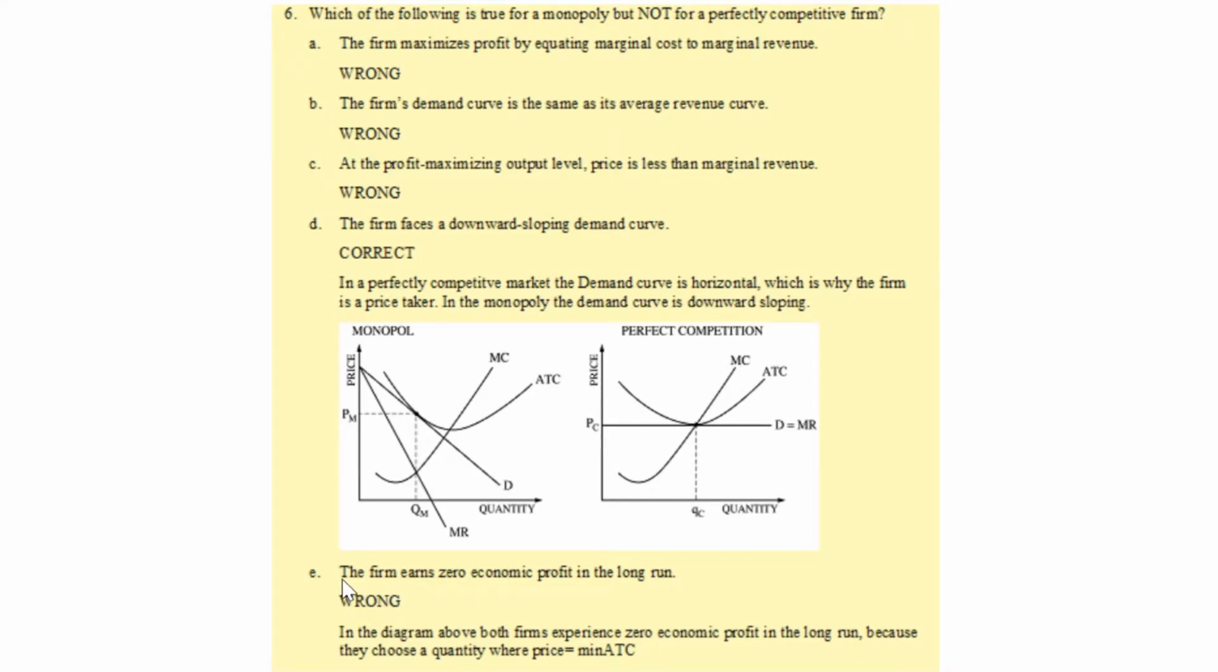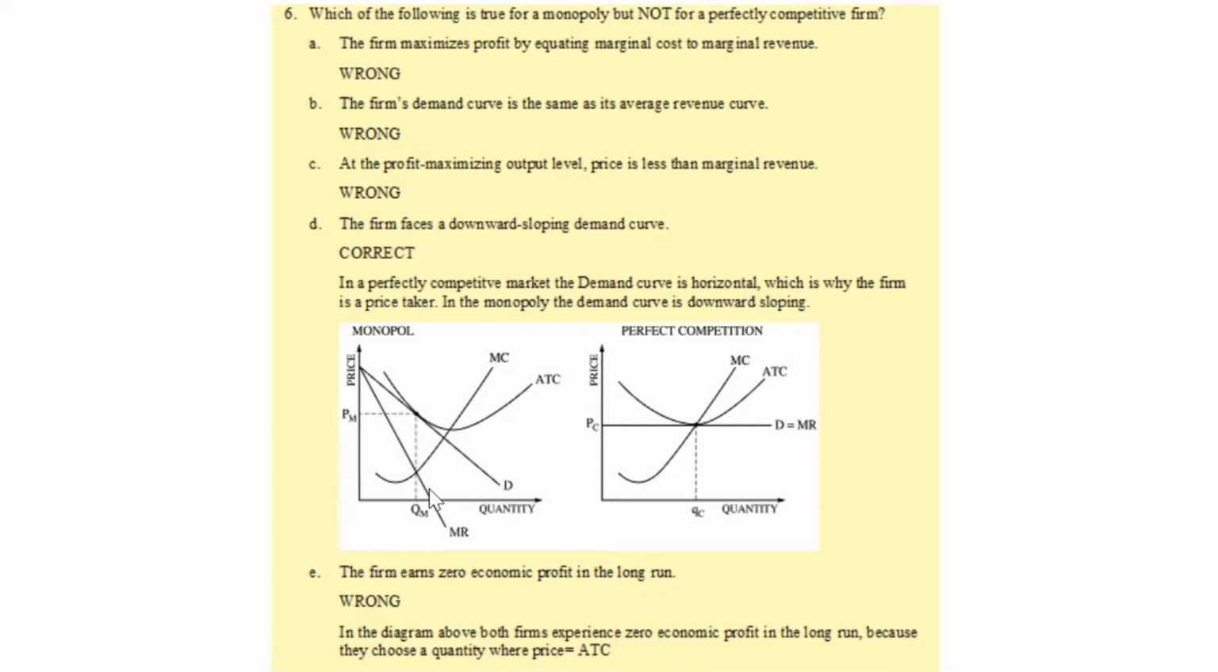E is wrong. The firm earns a zero economic profit in the long run. In the diagram above, price is equal to ATC there. And you can see that both firms get an economic profit equal to zero because look at the left one, the monopoly. The total revenue is PM times QM, but the cost of QM is where it is equal to ATC. You can see it